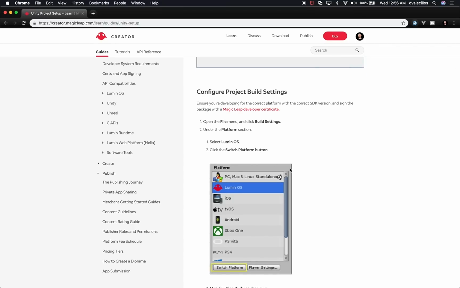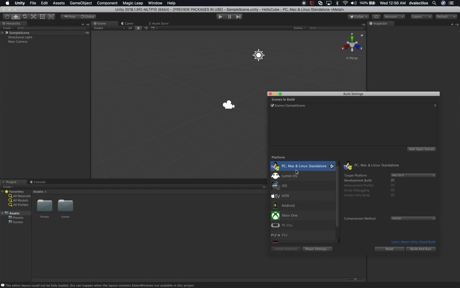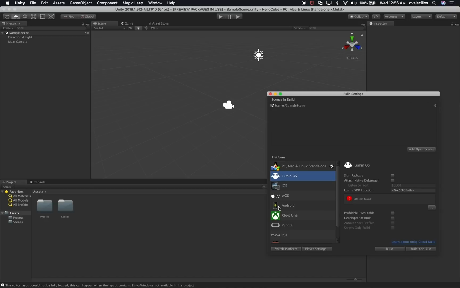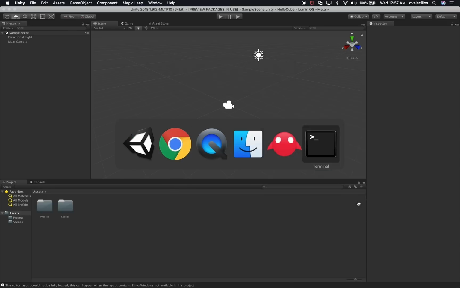We need to basically change our platform. So I'm going to go to File, Build Settings, and we're going to change it to Lumin. And if you look at the instructions here, it says just switch platform, which is what we're going to do first before we proceed. And it also is going to ask us for the SDK, so we can get that information from